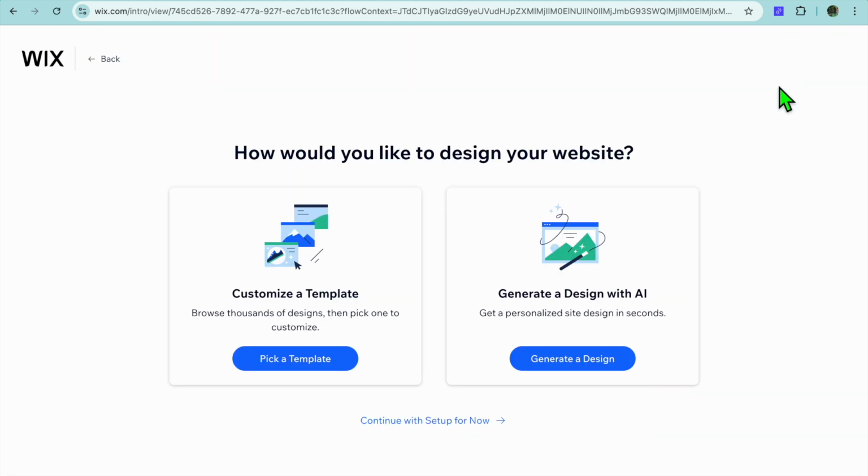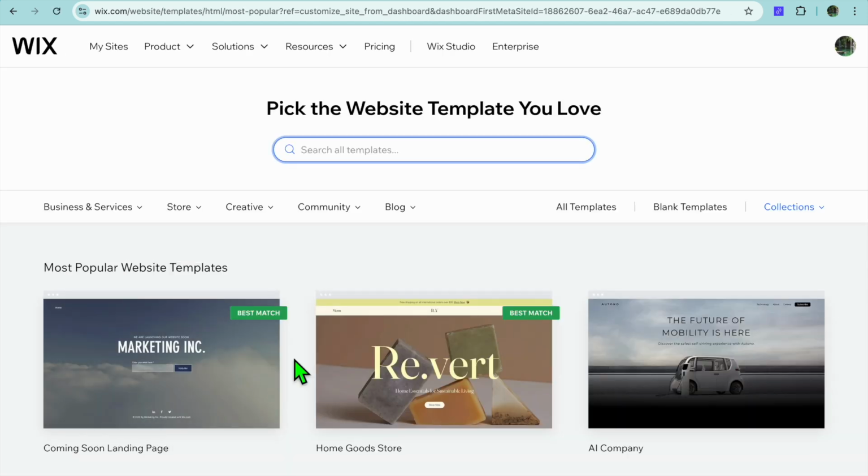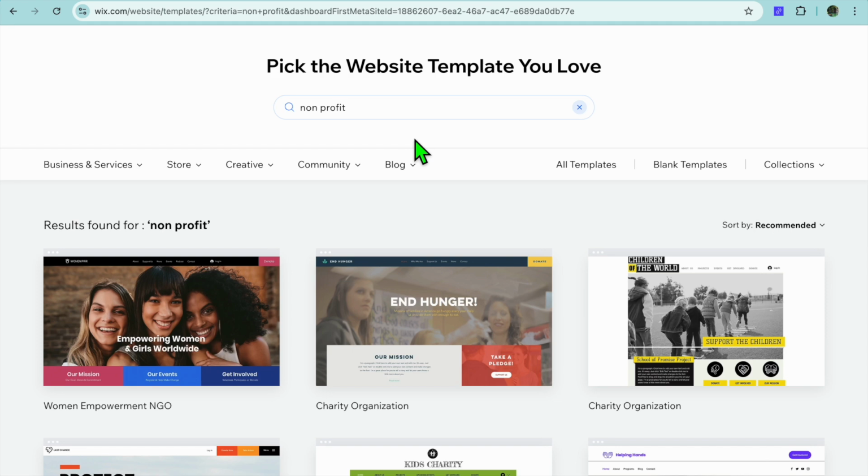Then you're going to tap on Design Site. After doing that, you're going to tap on Pick a Template. Once you have chosen Pick a Template, from here you'll be provided with numerous templates. So let me type in nonprofit real quick in the search bar, and then we'll see the different templates that